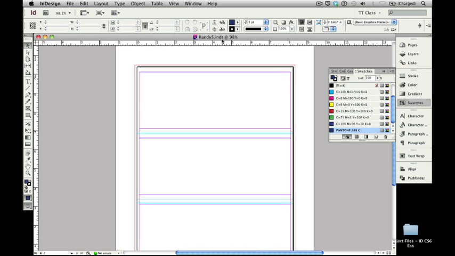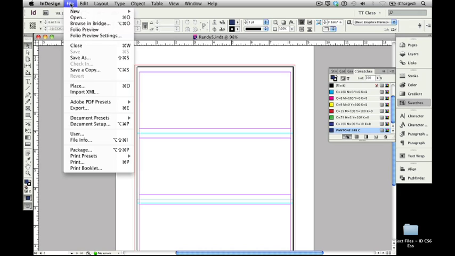I'm going to illustrate the three basic differences there are between InDesign template files, like the template for the trifold brochure that we've built right here, and InDesign document files, which we've already created in a couple of instances working up to this point. To illustrate the first difference, what I'm going to do is go to